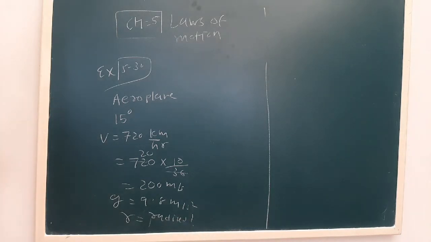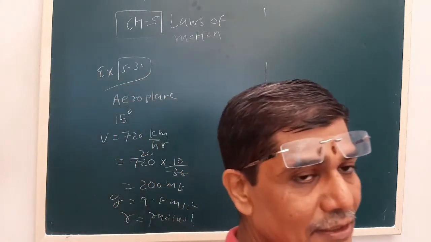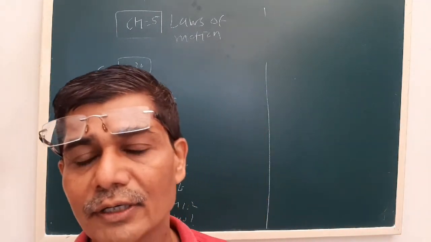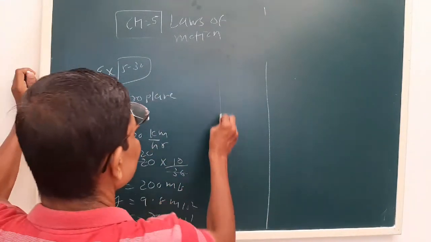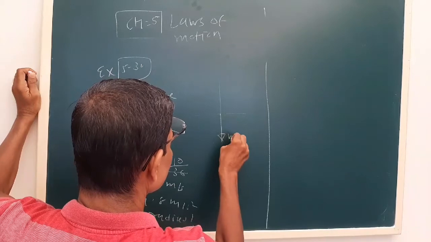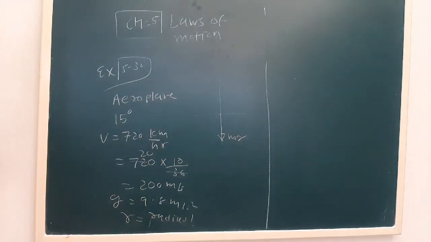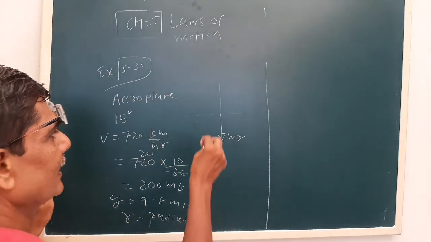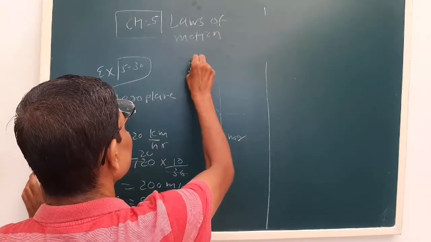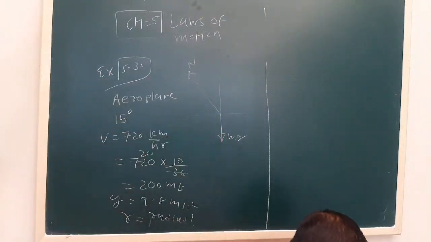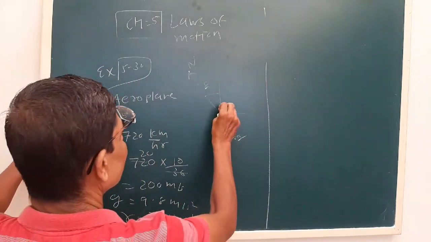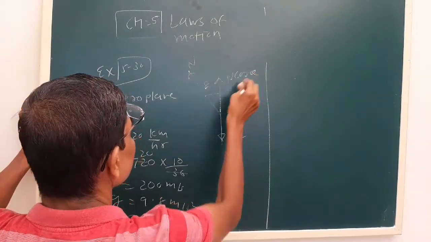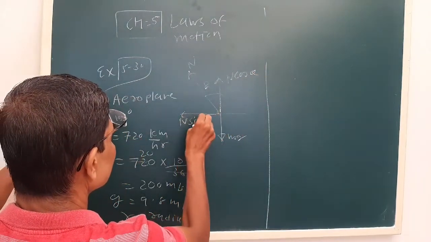Now see here, initially we discussed the motion of a vehicle on a level circular path. But what happens when it is tilted like this? Generally the weight is mg. Then let us say N will be like this, making an angle of theta. So what are the components here? N cos theta and N sin theta.